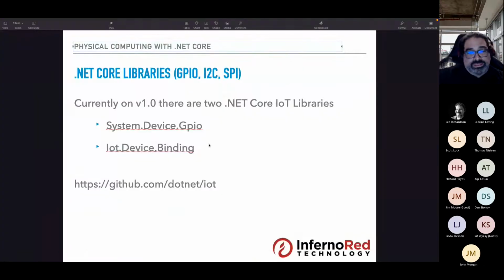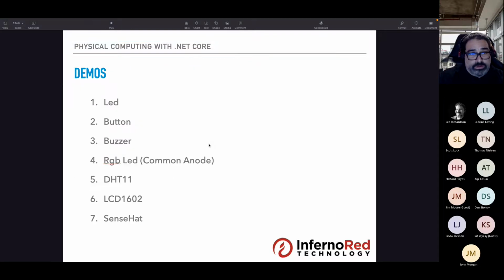I think that is my last slide. And again, like I mentioned at the beginning, I do not do a lot of slides and code. Now, these are all the demos, and they're basically linear in a way. They will start getting more and more complex. I may freestyle a bit along the way just to get things more concise and more visible. But let's start with the simplest one, the LED, and how to drive it through a .NET Core project, and how the flow of developing an application that way works.